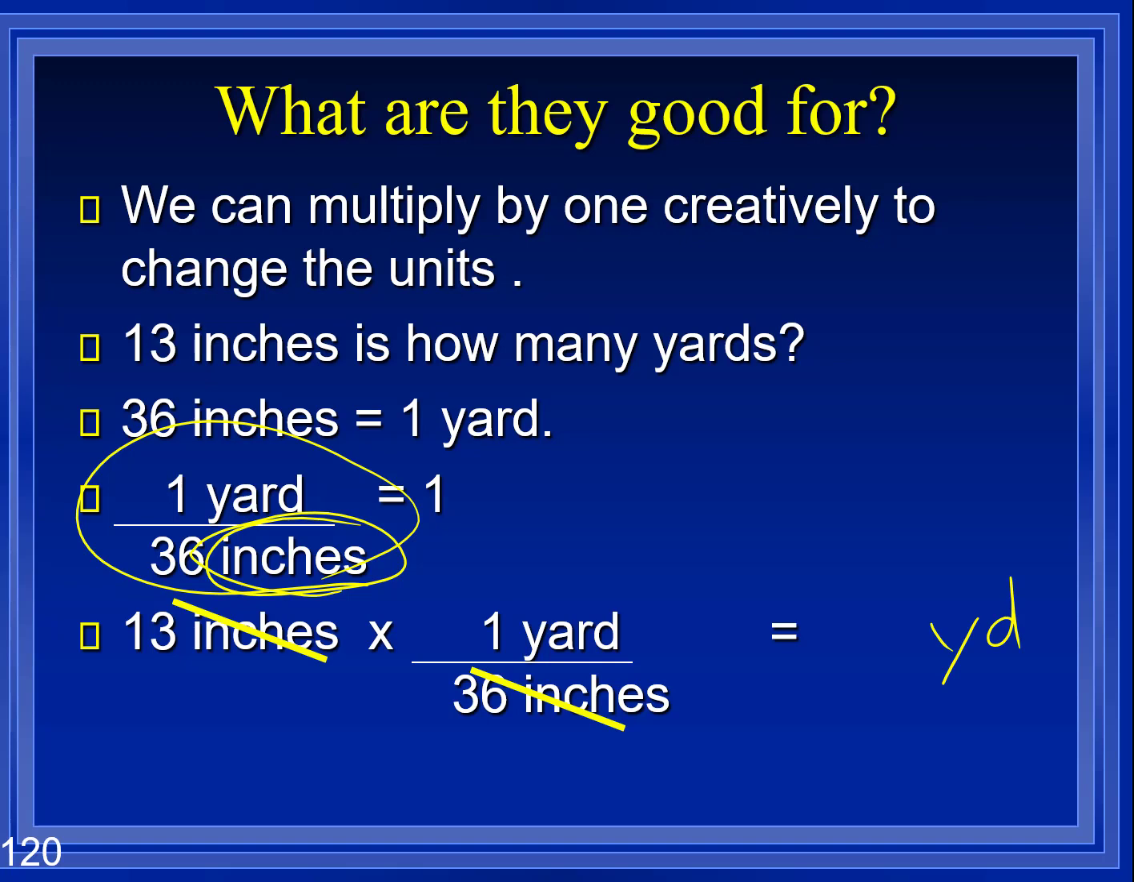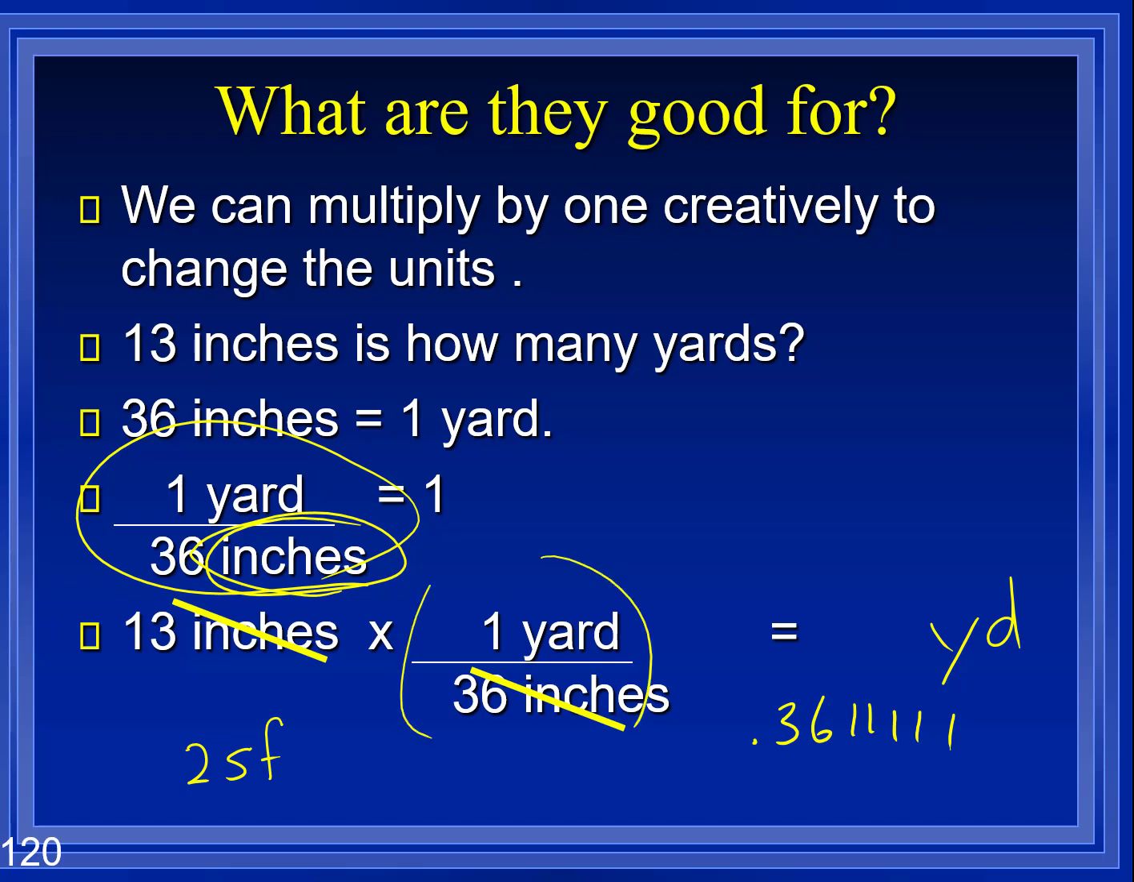Now all I have to do is do my math. 13, the ones on top times 1, I'm not going to push that, divided by 36 equals... my calculator says 0.361111, repeating ones. How many sig figs? Well, there's 2 sig figs in 13 inches. And in this conversion factor,